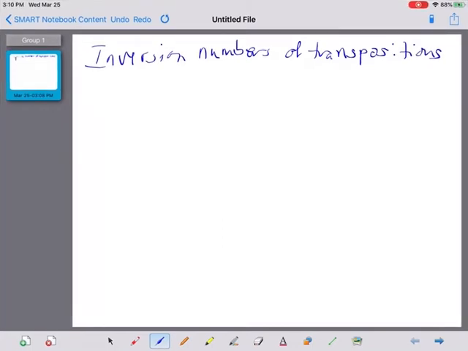Today's video is going to be about the inversion number of transpositions. Remember that an inversion number is just the number of places where we have pairs of numbers in the wrong order on the bottom row. The easiest thing to do is to first start off with a specific example, such as alpha is equal to, say, 2 goes to 5